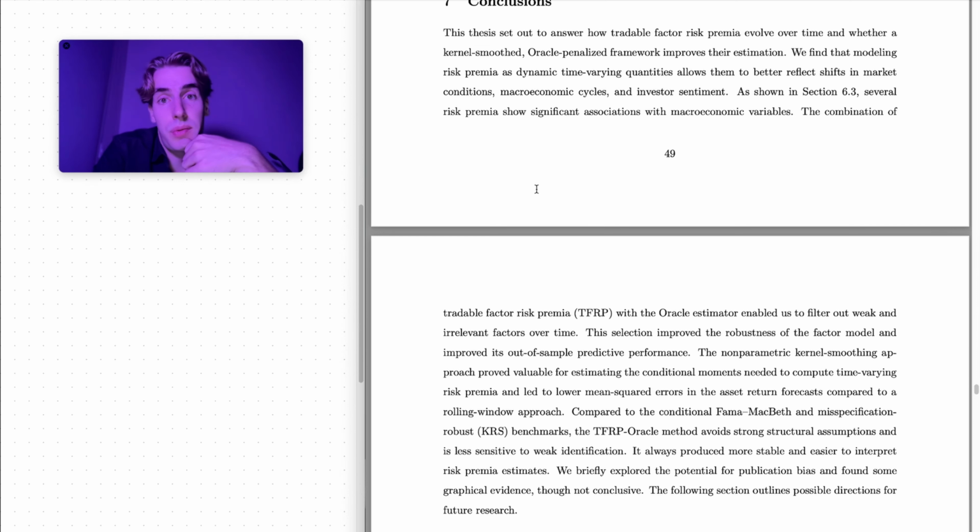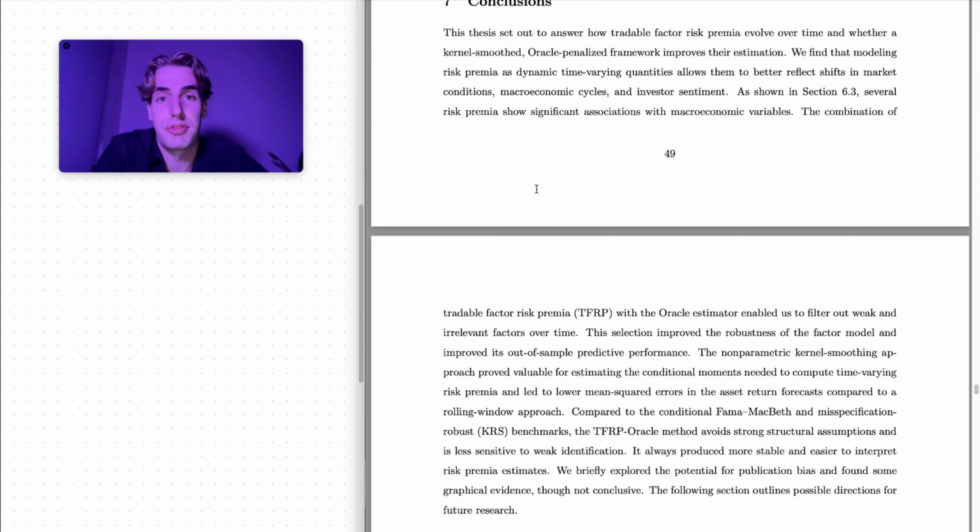We see that the oracle method outperforms the other methods in terms of the mean squared error estimate of the out-of-sample predicted returns. We see that a Gaussian kernel can be very helpful in also calculating the conditional moments, and also outperforms in the mean squared error returns. So all in all, it's a very helpful thesis, and it contains a lot of nice